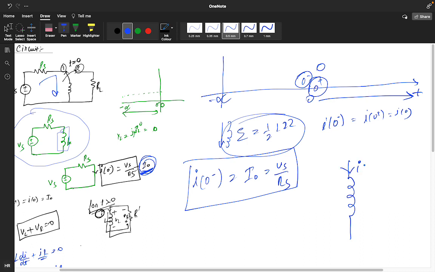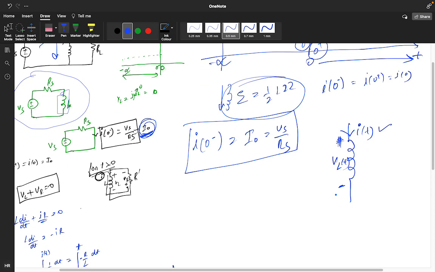I of t is positive, this is negative. This is your inductor current and this is your VL of t. Don't change the sign and all, although the sign will be changed. Okay, so now what is happening, guys,